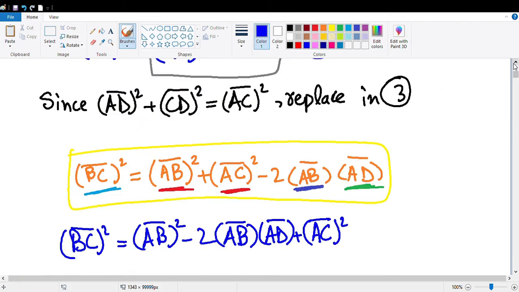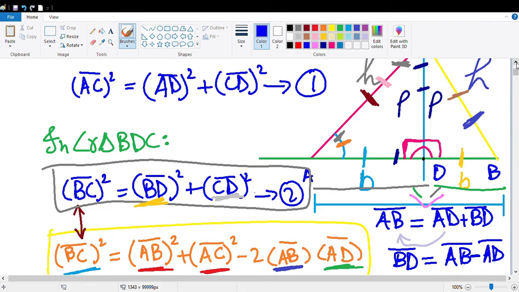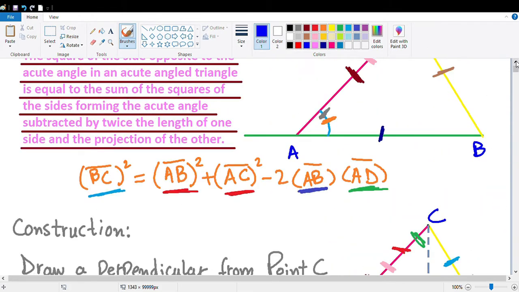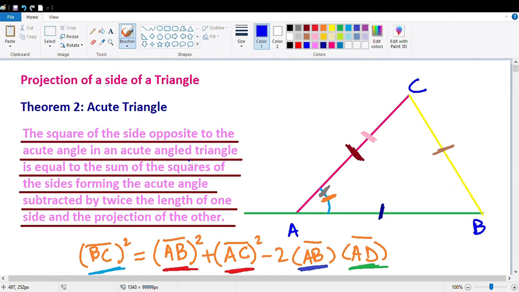But now I just want to give you a quick little summary to help you understand this theorem and hopefully make it stick. So the square of the side that's opposite to the acute angle in an acute angle triangle, if we consider angle A, which is right here, the side opposite to that is side BC. So BC square is equal to the sum of the squares of the sides forming the acute angle. Side AB and side AC form angle A, which is acute. So the sum of their squares, AB square plus AC square,